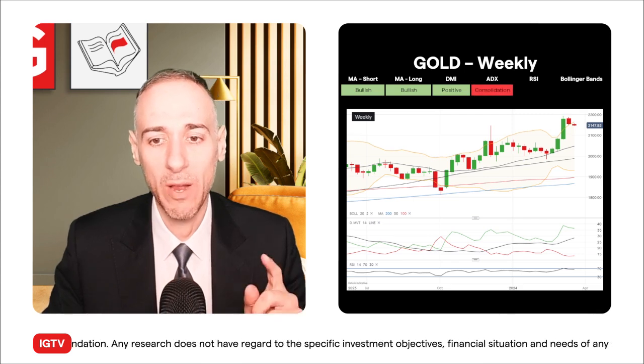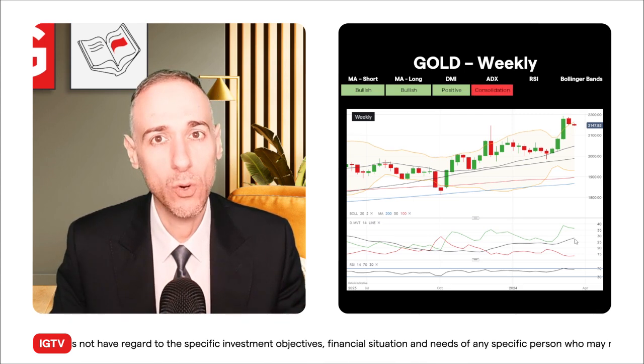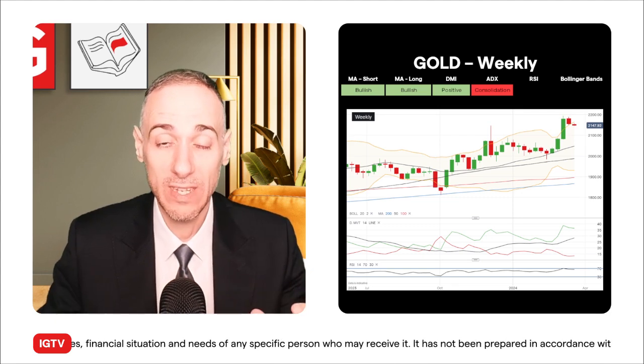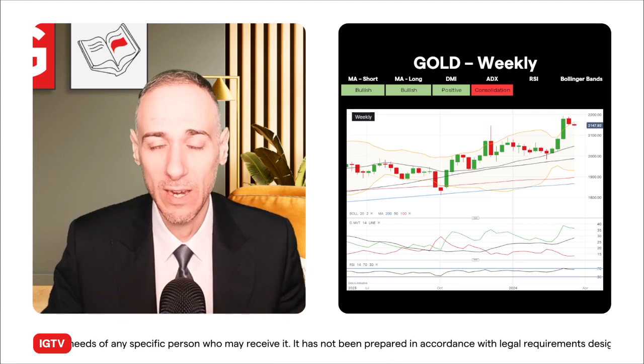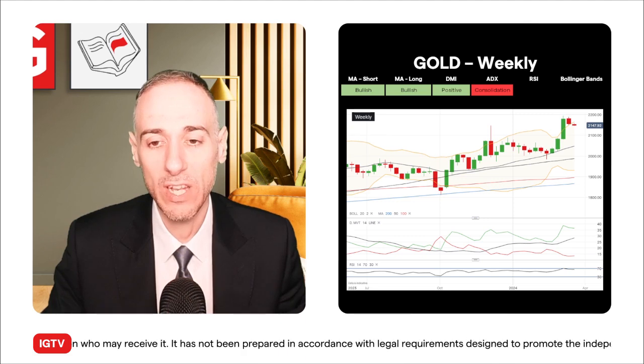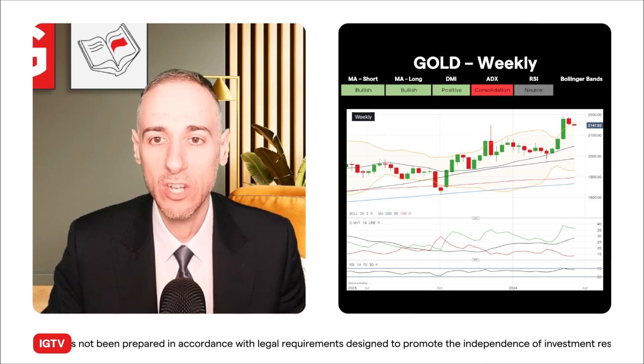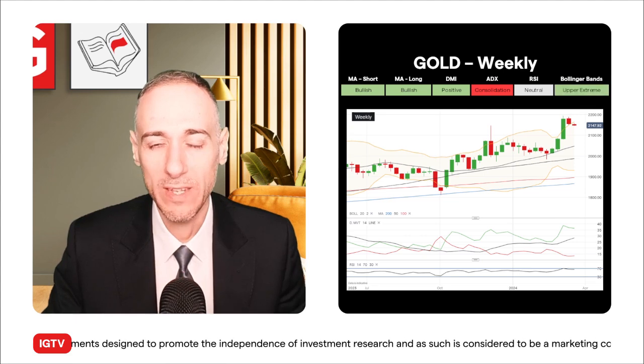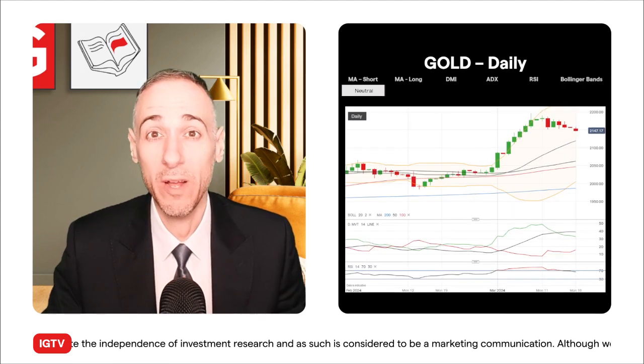You got an ADX that by one calculation is well in trending territory, by another, not far off it. If you want to take the average and say that net, therefore it is in trending territory, so be it. The technical boxes are taking off of a separate calculation, but that's the reason why you might see a little bit of a change there. You got an RSI that's not quite yet in overbought territory, and price at the upper end of the Bollinger Bands. What about on the daily time frame?